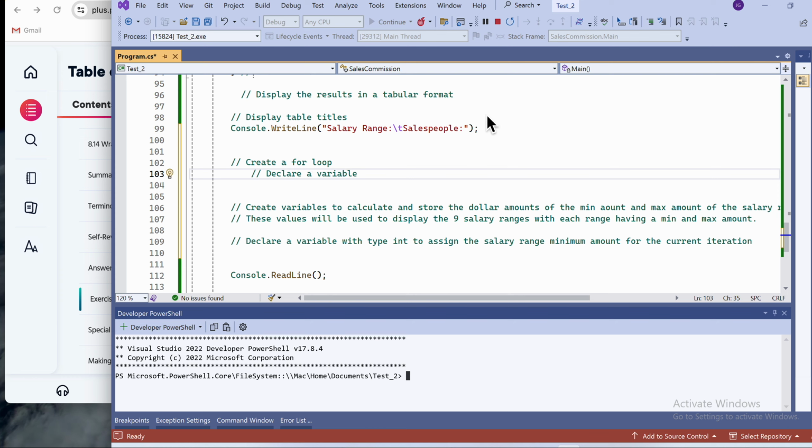We're going to have it declare a variable with type int, because it will be a whole number, and we're going to assign it the value of index 0, or 0th index, and we're going to say if the range index